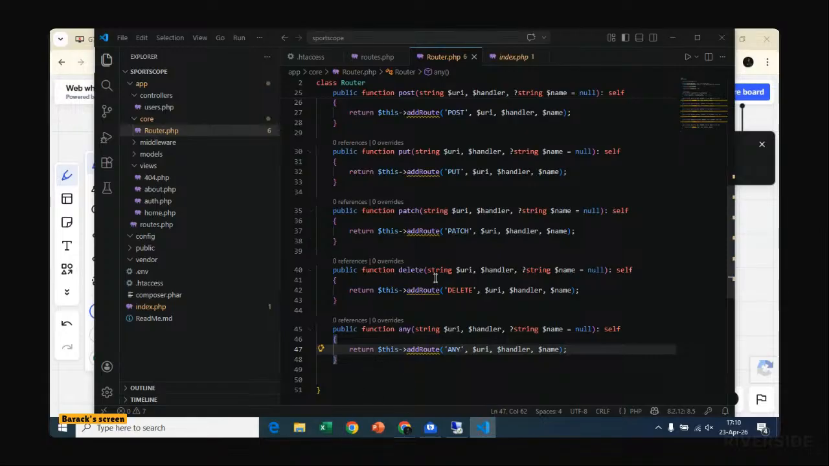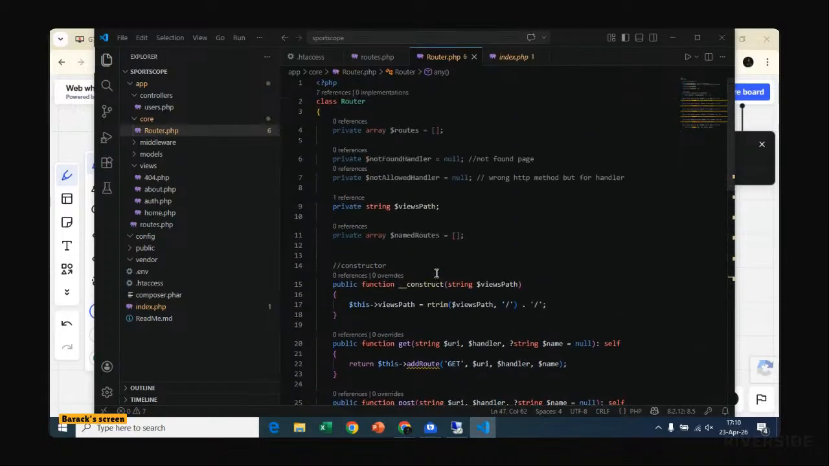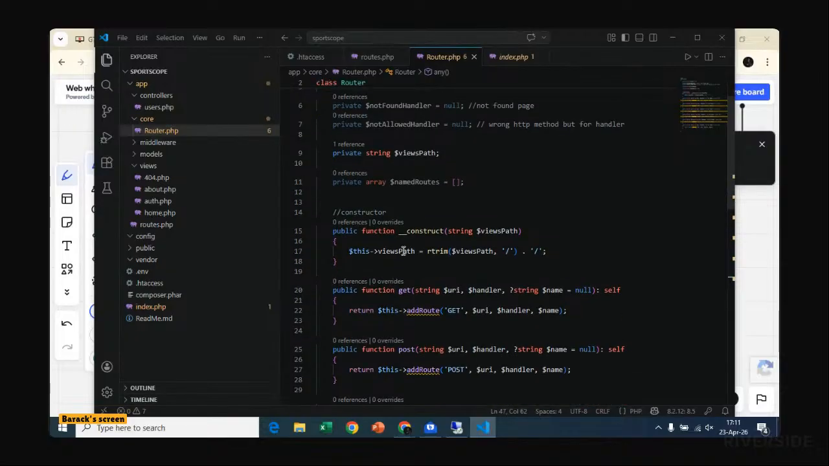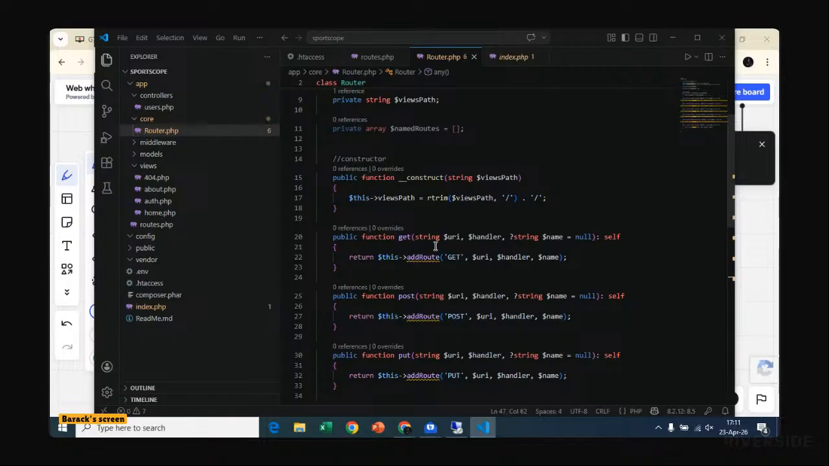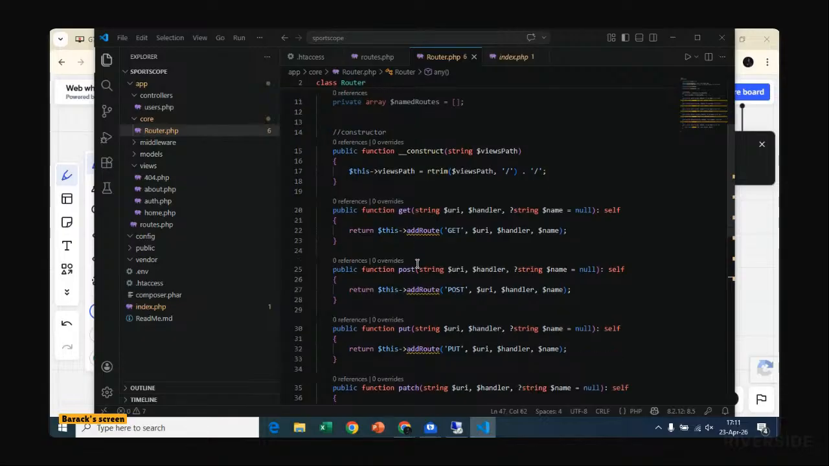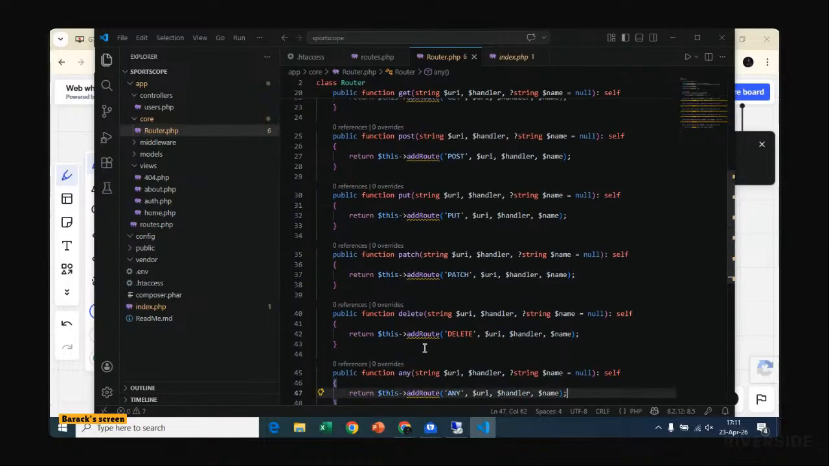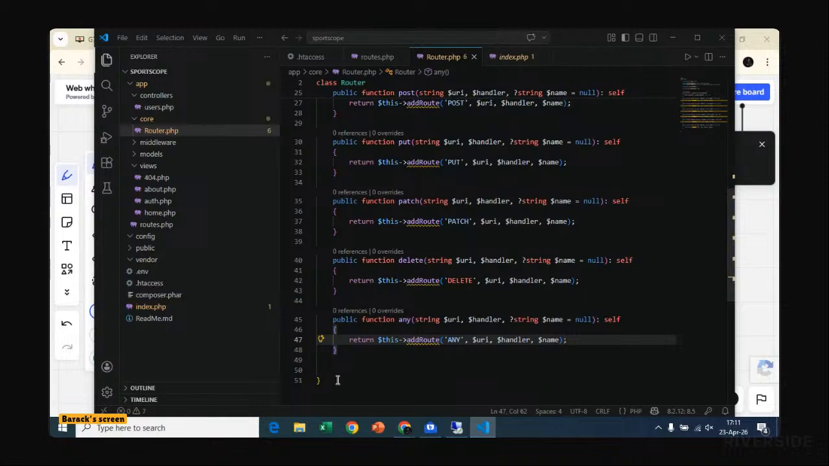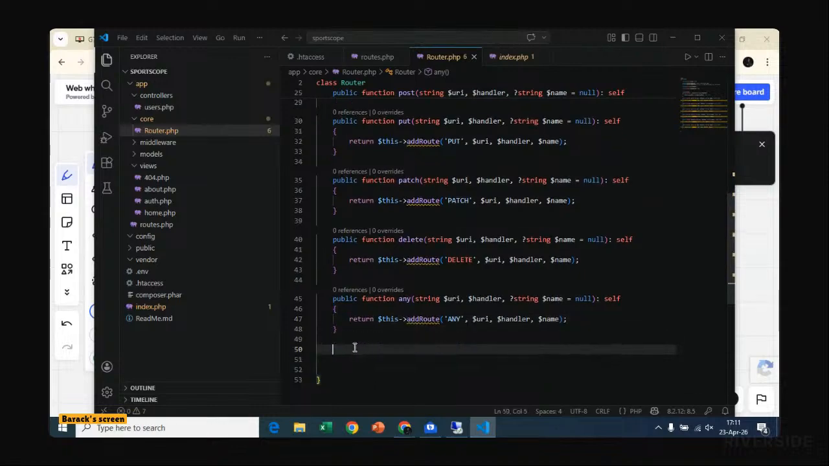After doing this, we've been able to create routes, which is an empty array. We handled 404 invalid HTTP requests, we defined the path, and then routes is also an empty array. Then we created a constructor, the get request, the post request, the put request, the patch request, the delete request, and the any of the other requests. Then after that,